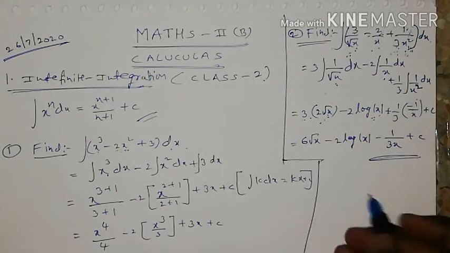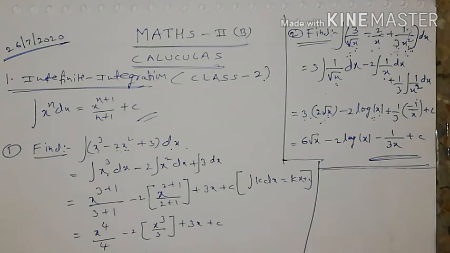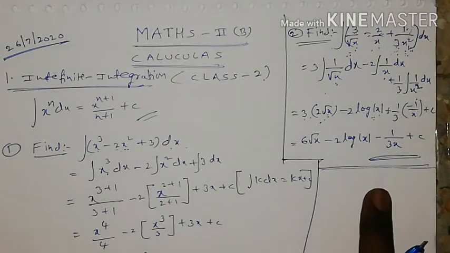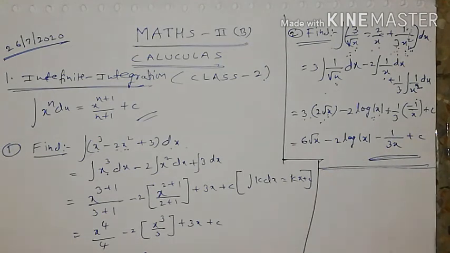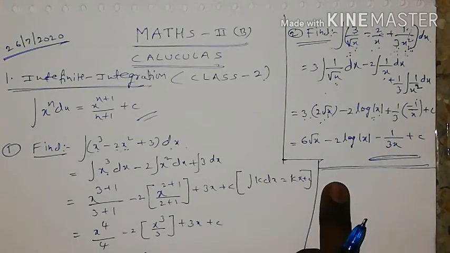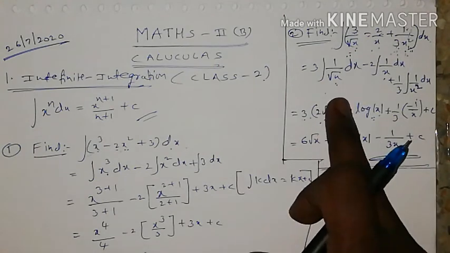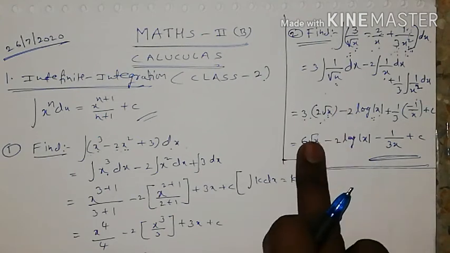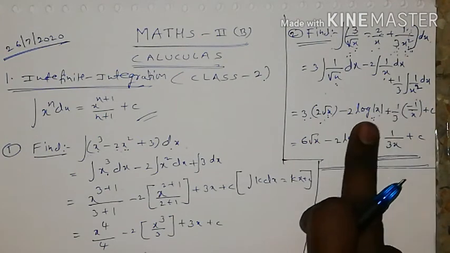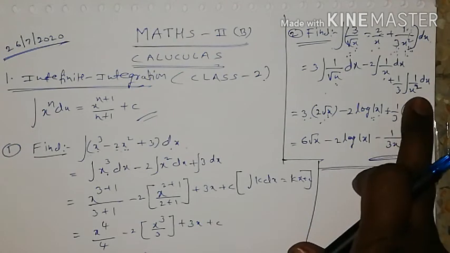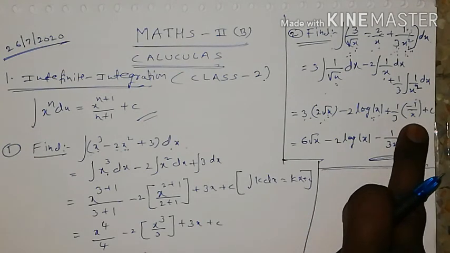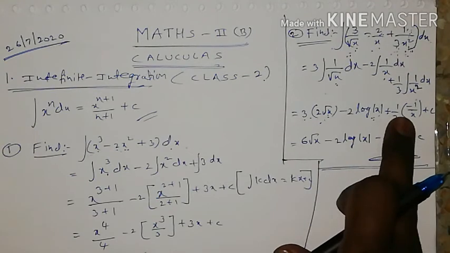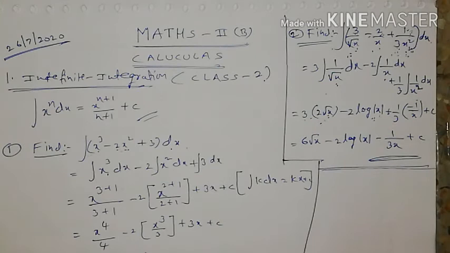Right? So listen students. No need to learn the formulas by heart. By doing the problems you can easily remember them. When you are doing the problems, just repeat the formulas two to three times. That's why I am saying integration of 1 by root x is 2 root x, integration of 1 by x is log mod x, integration of 1 by x square is minus 1 by x. Clear? After that you have to simplify. This is the process. Clear?